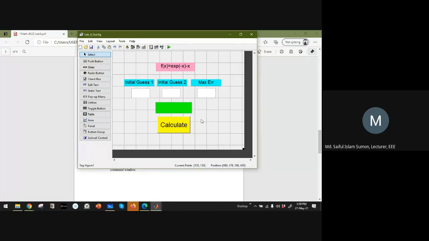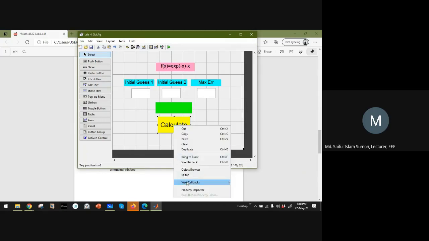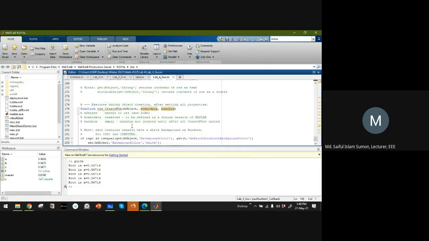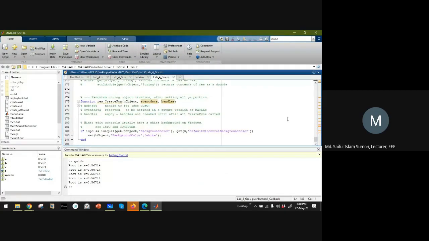So for that, I need to modify my code. Listen, why am I not modifying anything here? Because I don't have any dealing here, because my user will click this one, isn't it? After clicking this one, these boxes will come, all these things will come. So that's why I need to code here. View callback, again go to callback. Now, what I want to do at the end,